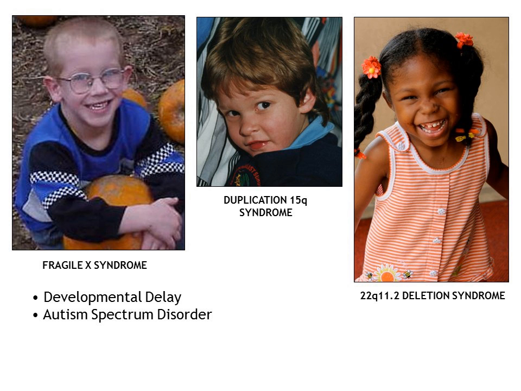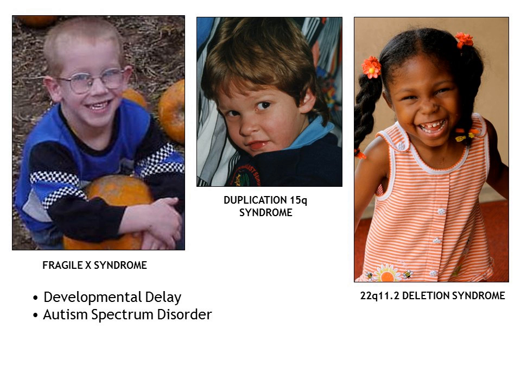However, when you look at their genetic diagnoses, these 3 children all have completely different genetic disorders, which in the genetics world we would say have nothing to do with each other. The 22q11.2 deletion syndrome in the girl on the right, duplication 15q syndrome for the girl in the middle, and Fragile X syndrome for the boy on the left. But in the school setting, they would be saying that these children all have developmental delay and autism spectrum disorder. And so from a school perspective, a teacher, an aide, a therapist might say, well, these 3 kids all have